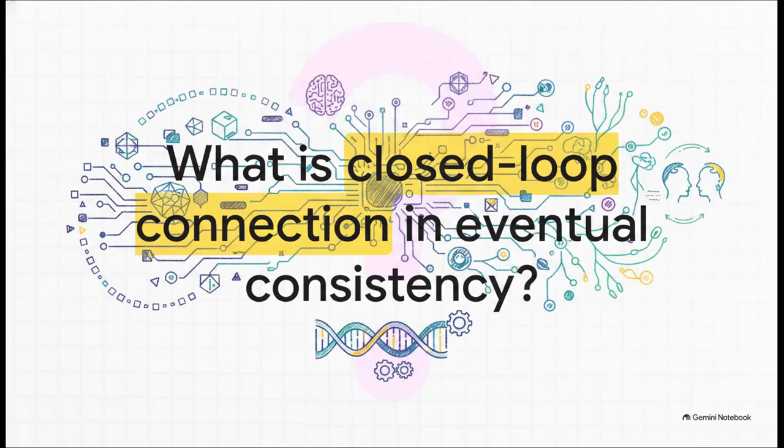Which leaves us with this final, rather profound thought to consider. If the rigid, mathematical architectures of computer science, things like database commits, TPUs, and attention mechanisms, can map so precisely onto raw somatic vulnerability and physical neurobiology, what does a truly closed-loop human connection actually look like in an era of eventual consistency? It is a wild synthesis of technology and biology that completely redefines how we might think about human networks.